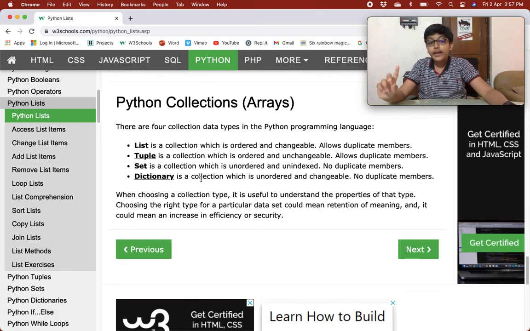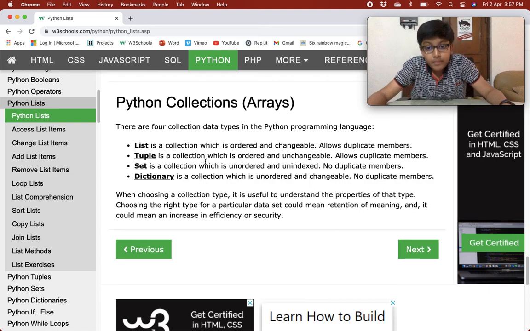It also allows duplicate members. What is tuple? Tuple is a collection which is ordered and unchangeable, and it also allows duplicate members. So what is the difference between list and tuple? The difference is that lists are changeable and tuples are unchangeable.